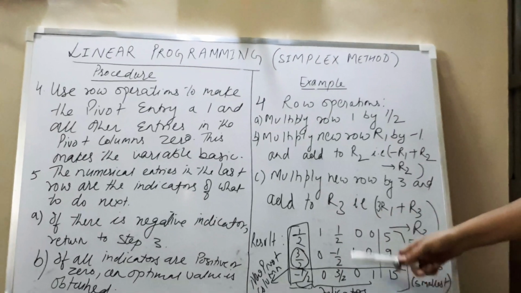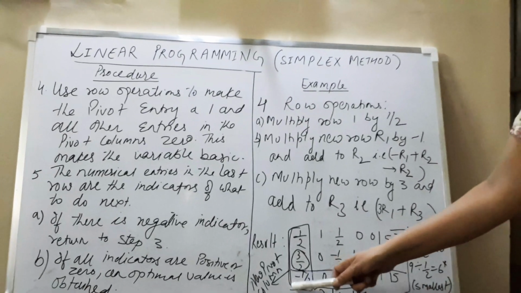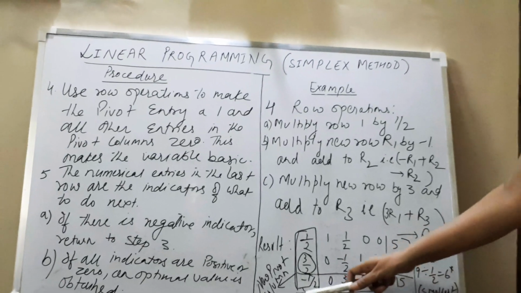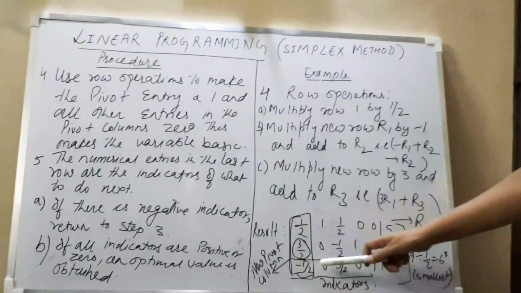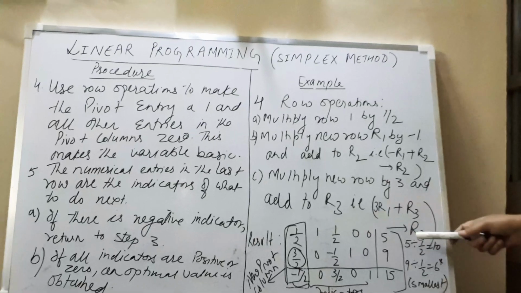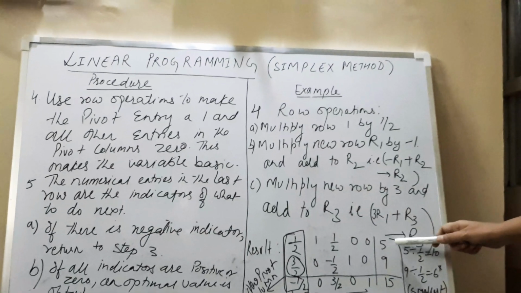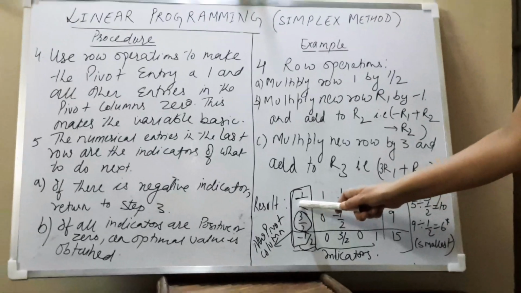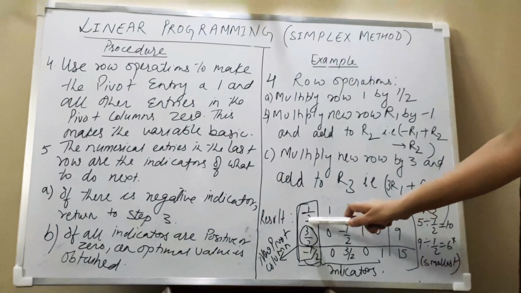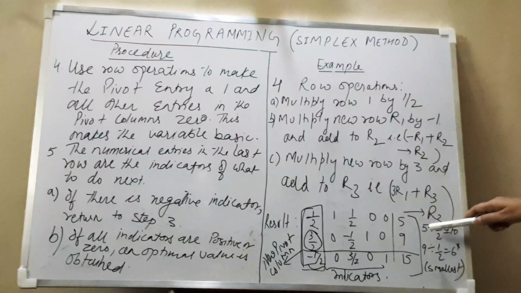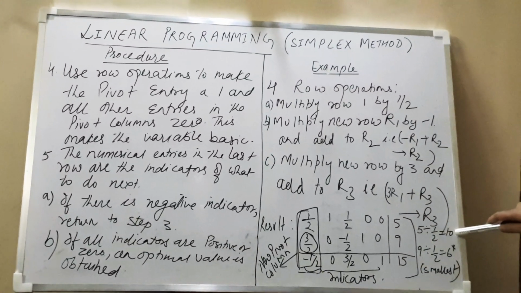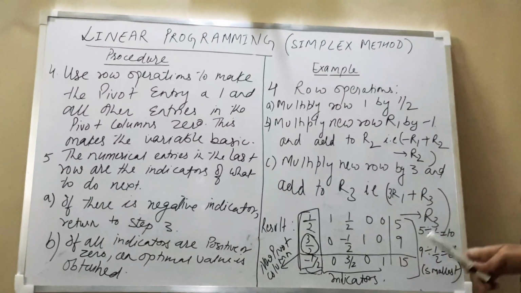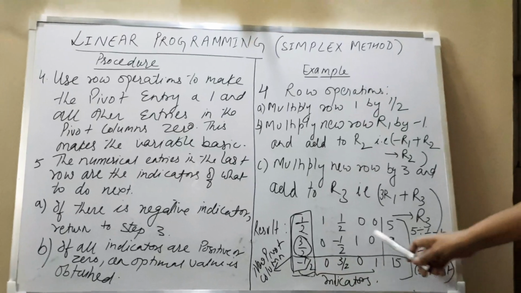So here we can see that we are getting a negative entry again. So this becomes the new pivot column. Again we are using step 3. We will see this augment constant. We divide this by the positive coefficient, and we will get a quotient of 10 here, and again this constant by 3/2.